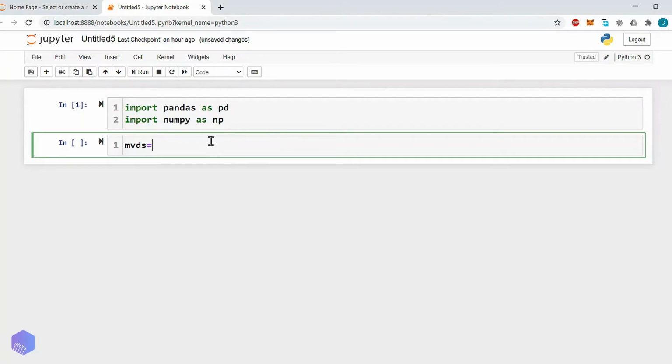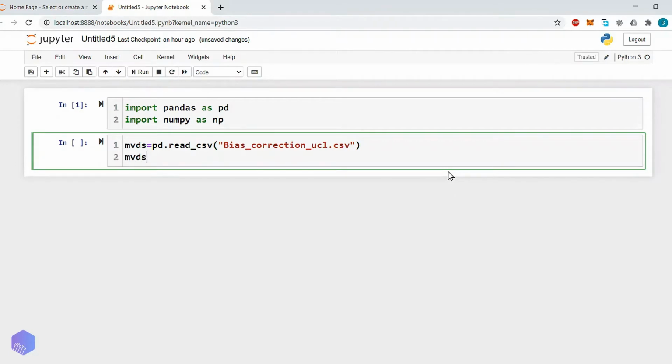So let's read one dataset, pd.read_csv, and in brackets let me give you the name, bias correction UCL. This data I have again downloaded from the UCL data repository. Then let's print it.